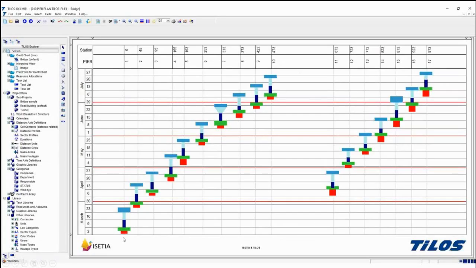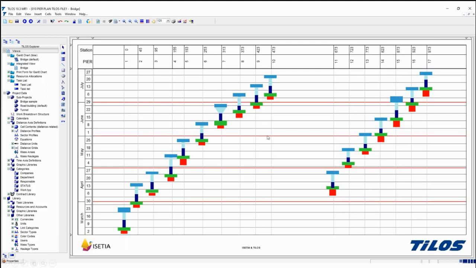This is Pylos. I would like to separate Pylos from other scheduling software, because Pylos is really made especially for infrastructure projects: road, rail, metro, bridge, pipeline projects. Pylos is a unique application providing engineering-based time and location planning and reporting at the same time.